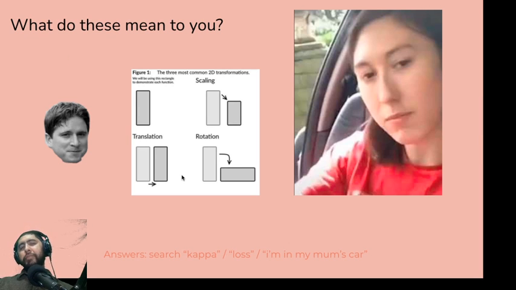And so what did these mean to you? So these are definitely a little bit more opaque. By opaque, I just mean not as simple to understand. But it depends on your level of how much time you spend on the internet. Because to some of you, these might just be like a random guy's head, some math stuff, and just a picture of a girl in a car. But to those of you who know what these mean, you might laugh or you might roll your eyes, but you'll understand why I put these here.